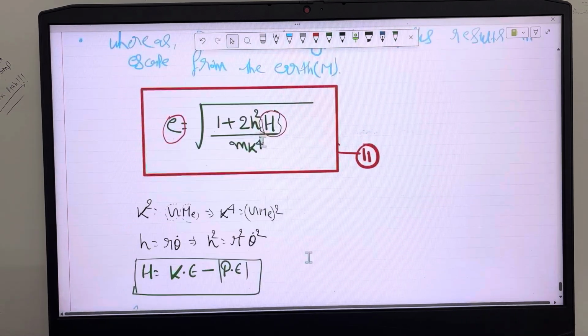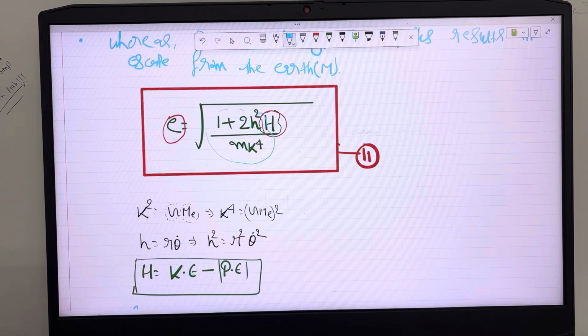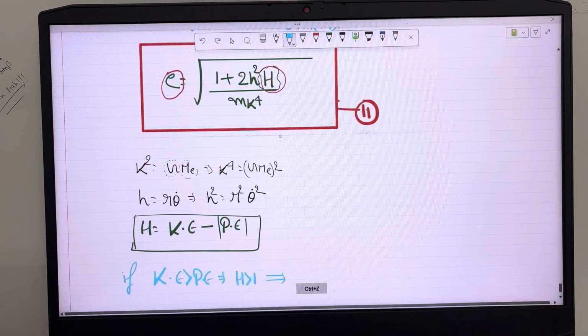See, everything here is positive. If this h is greater than 1, then it will be positive, plus this 1, so it will be almost greater than 1. You understood? It's basic mathematics. See, if your h is greater than 1, that means it's all